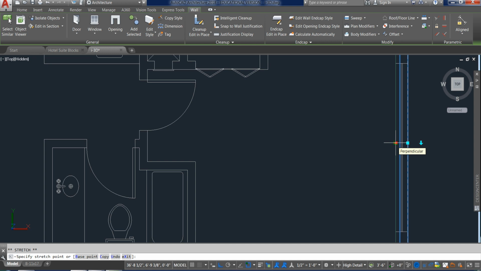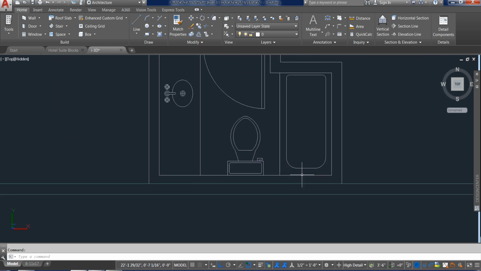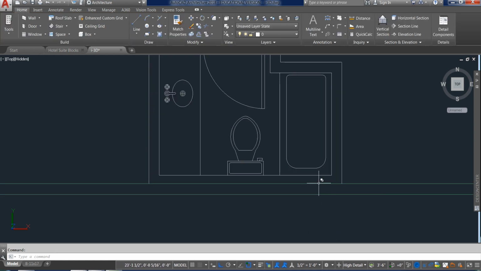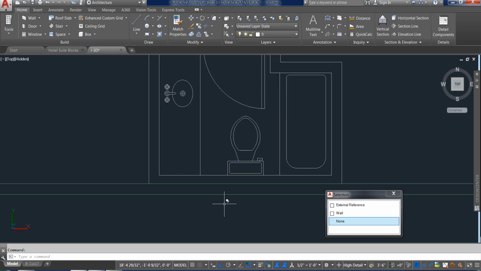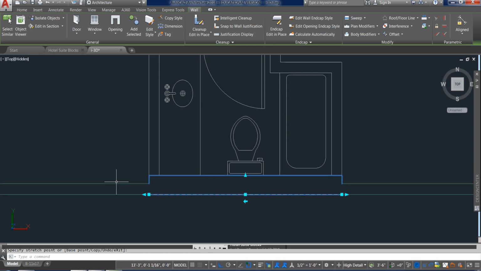Similar to how we did it originally when we used grips, but in this case we're going to use that arrow and drag that wall over the 9 inches. And if you followed me and made this a separate wall segment also, this one should also work. So choosing wall and just this segment. If you had done the line all the way across, you're probably going to have to trim and then draw a new wall in between there. And that works perfectly fine also.